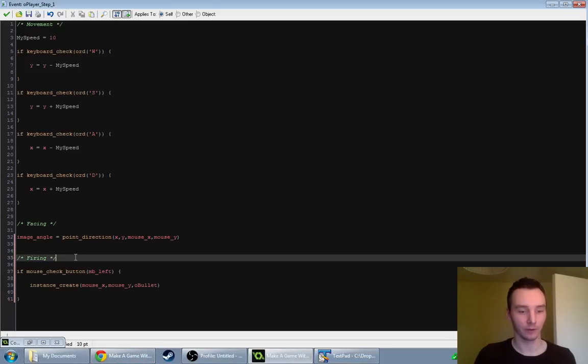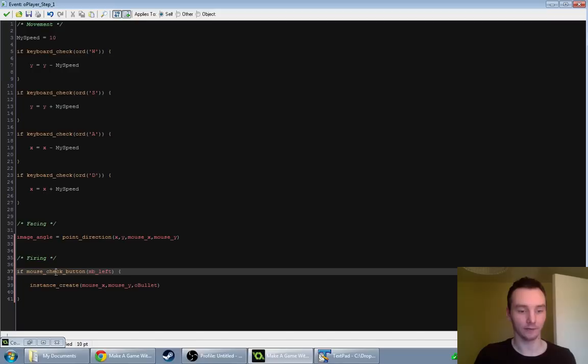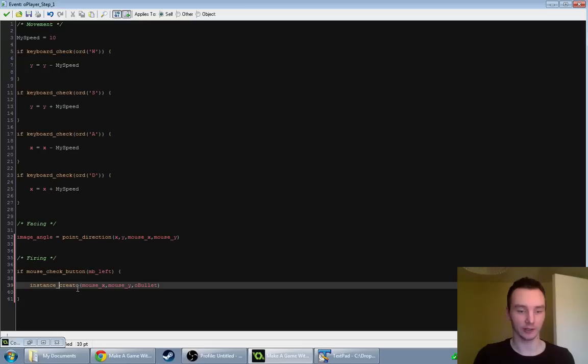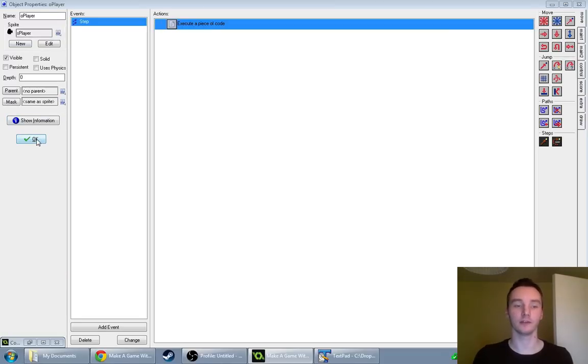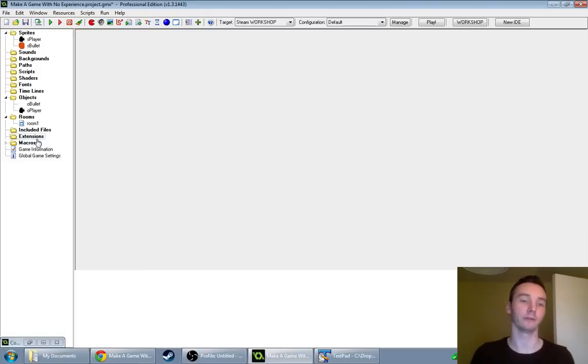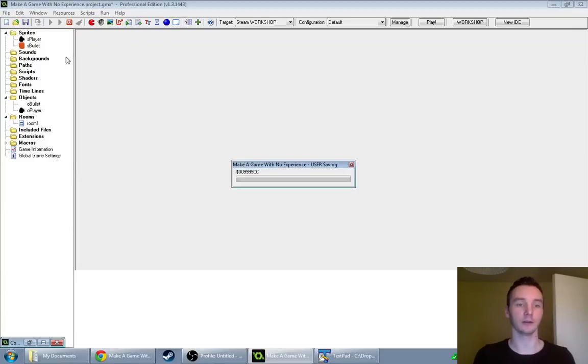Right, so firing. When we click, if the left mouse button is held down, we want to create an object at the mouse's position and of the type o_bullet. So these objects are actually kind of types of things. They're not necessarily unique single things. The player will only have one of them in this single player game. But once we get into making more bullets, there might be multiple bullets, but we don't need to create a new object for each one of those. So the bullet is a type of thing, and we can create as many of them as we like on the fly. So we click OK, we click the green play button,